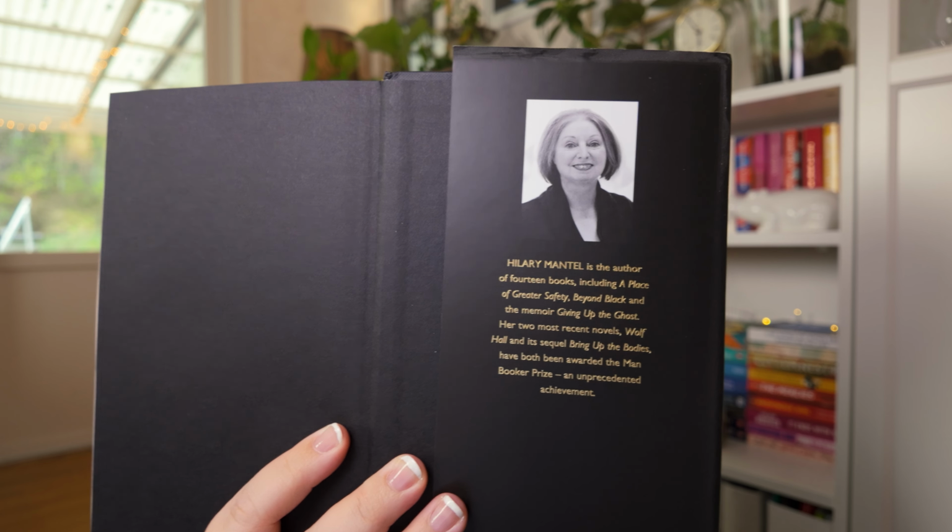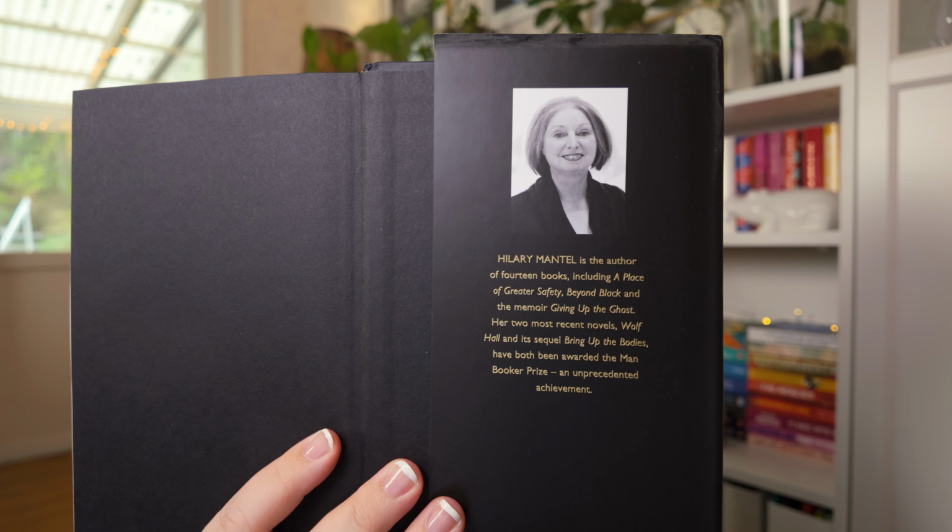It also says on the front that Hilary Mantel is twice winner of the Man Booker Prize. Hilary Mantel is the author of 14 books, including A Place of Greater Safety, Beyond Black, and the memoir Giving Up the Ghost. Her two most recent novels, Wolf Hall and its sequel, Bring Up the Bodies, have both been awarded the Man Booker Prize, an unprecedented achievement. So, yeah, I think the cover is very striking, and it just